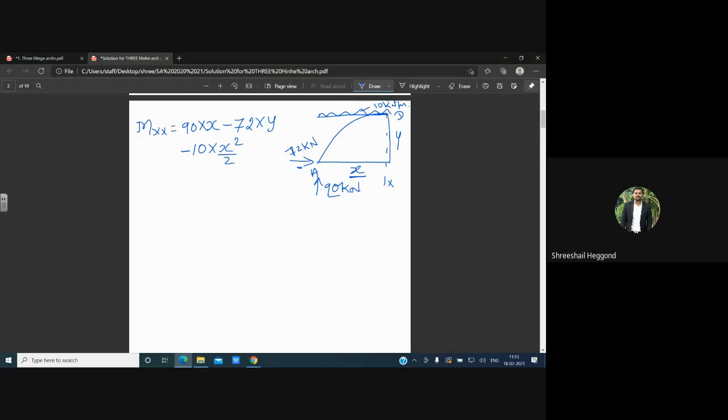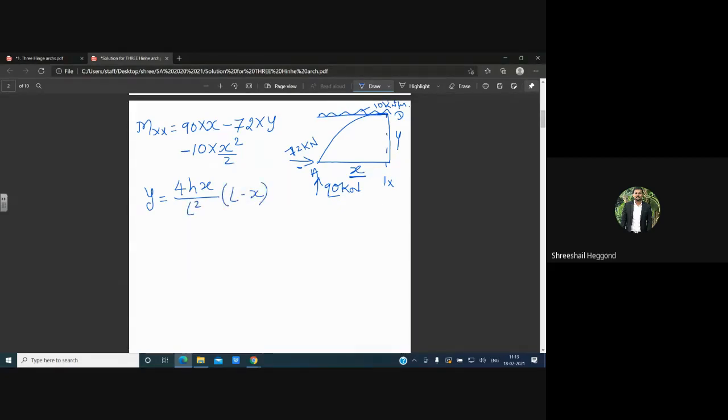The Y equation, I gave in the previous class, which was important and which is calculated from the parabolic curves. Y value, Y is equal to 4hx divided by L square into L minus x. This is an important equation. You need to remember this throughout our three-hinged arch numericals.